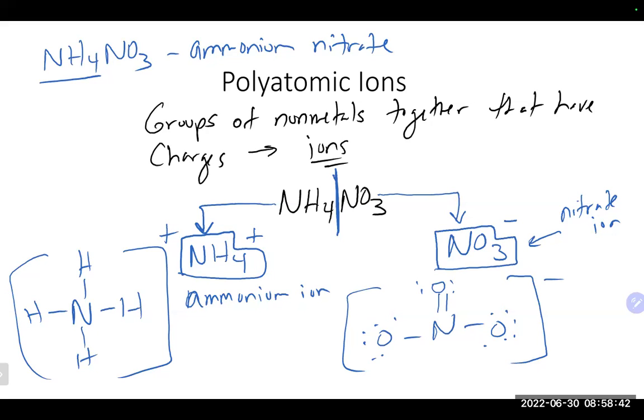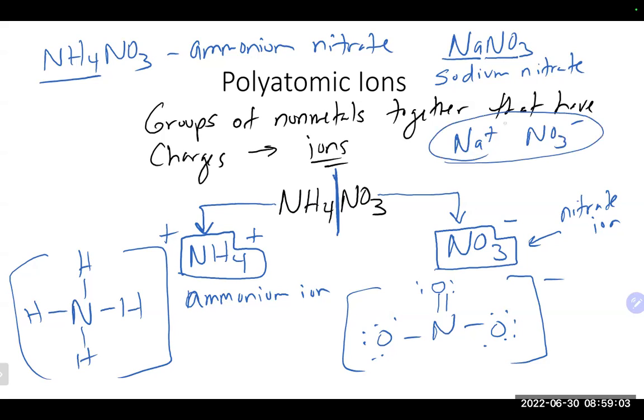So for example, if we had something like NaNO3, that would be sodium, which is a metal. That's NO3, which is nitrate, and this would be sodium nitrate. The sodium here would be +1, the nitrate would be -1, which again is why we just need one of each of them in the formula. If we had something like